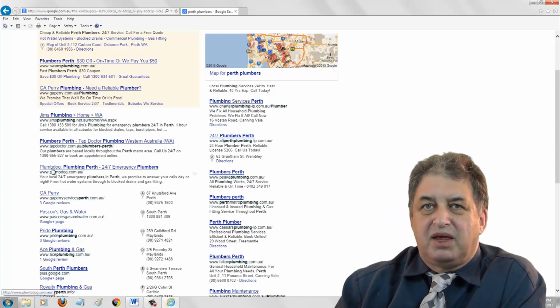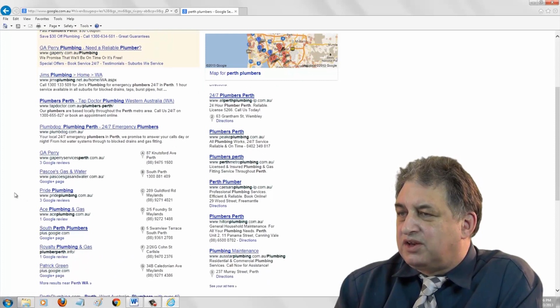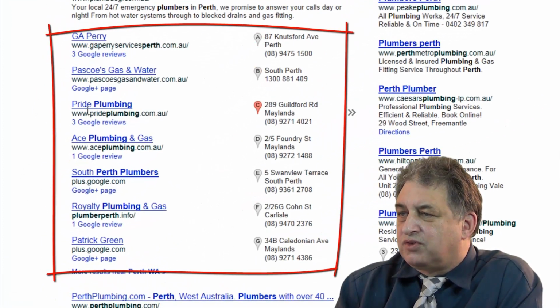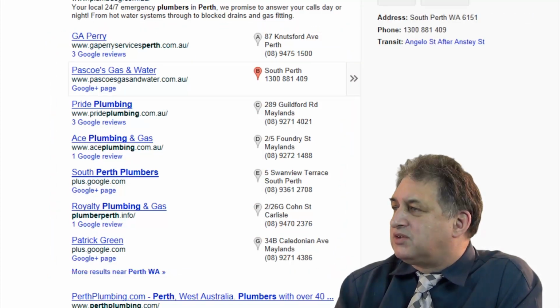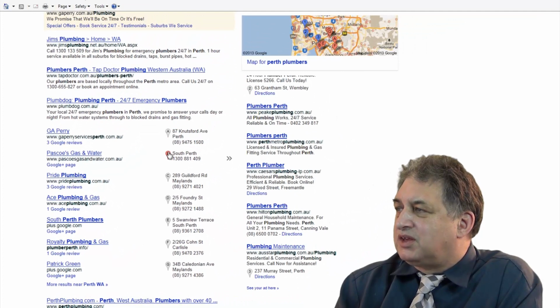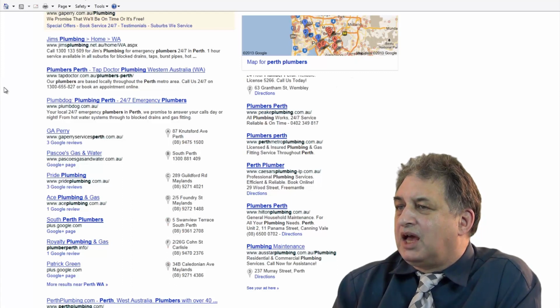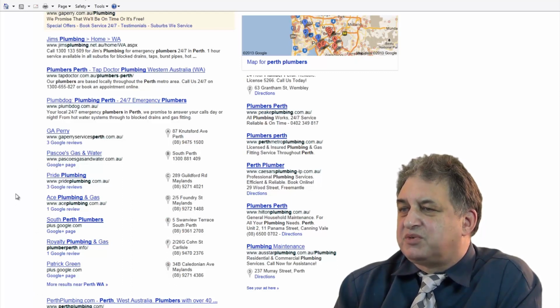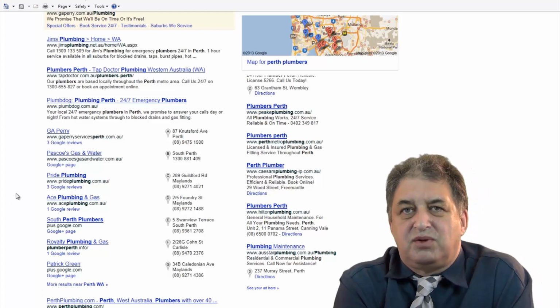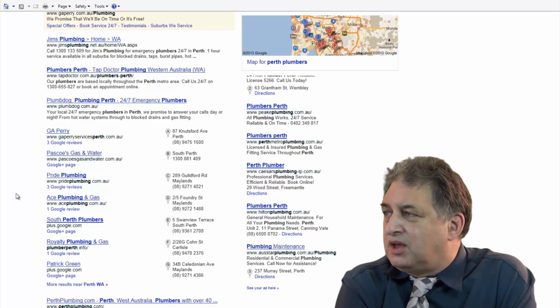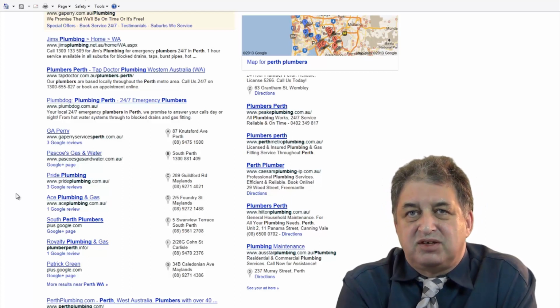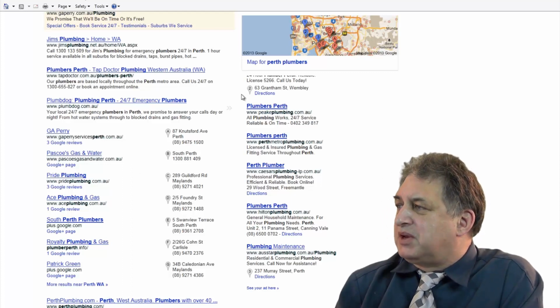These are 3 websites displayed in the normal way, but if you look underneath that, we've got 1, 2, 3, 4, 5, 6, 7 items in this case, which basically relate to this map over here. So as I move down here, these ones here relate to the map up here. And the reason that these websites are displayed there is because they've taken the trouble to apply for this Google Local Pages, which is free, and they've supplied the information to Google, and once it's been optimized and set up in the correct way, then they'll be displayed on this map.